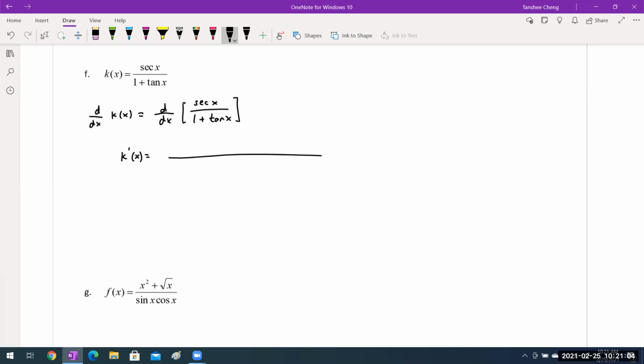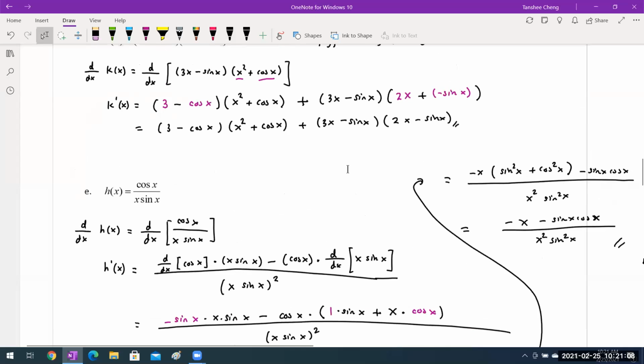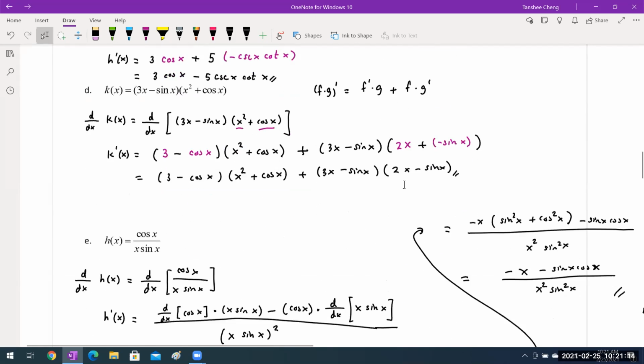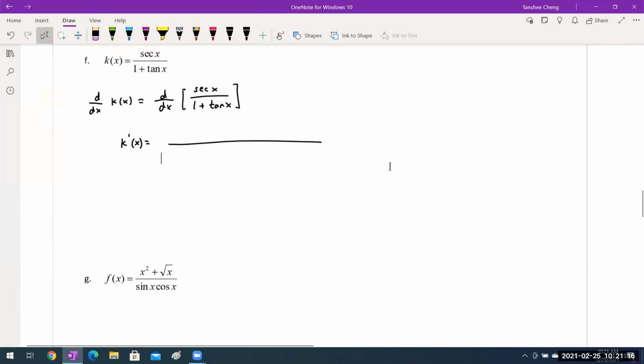And the derivative of secant x is what? Secant x tangent x. We can go back and take a look at it. Secant x tangent x, right? So the derivative of the numerator will be secant x tangent x times the denominator,